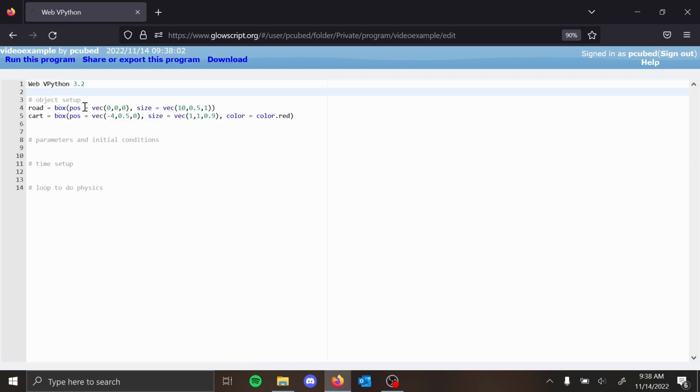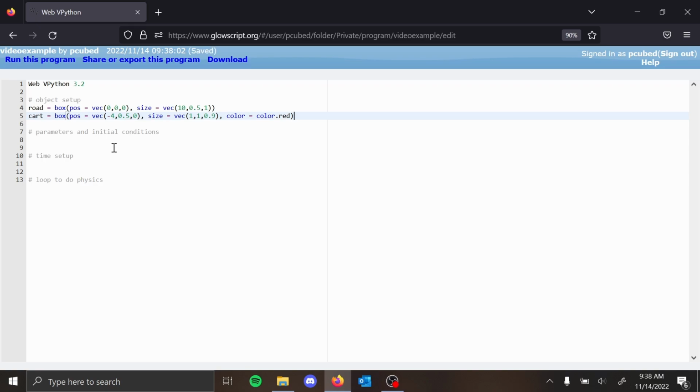Fantastic. Now we can actually add some parameters to our model to figure out exactly what kind of motion we're going to be modeling here. So let's give the cart a velocity. We can start by defining the velocity inside the cart itself. We can do velocity equals vec, so remember velocity is a vector quantity, and let's just define it to be 0. And of course, that doesn't seem very useful if we actually want our model to move, but what we can do is go in this parameters and initial conditions section, and we can do